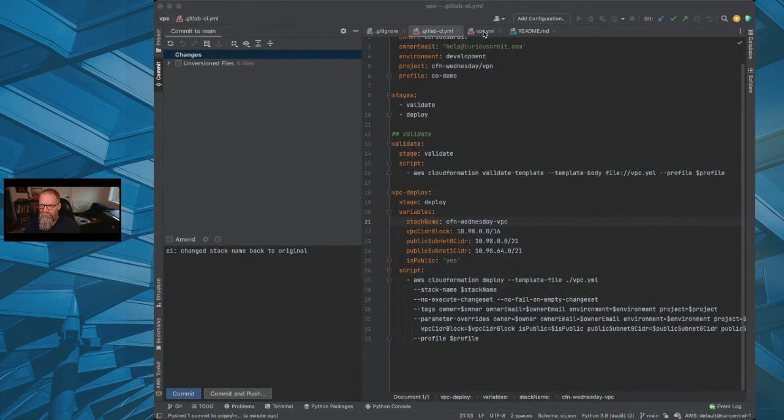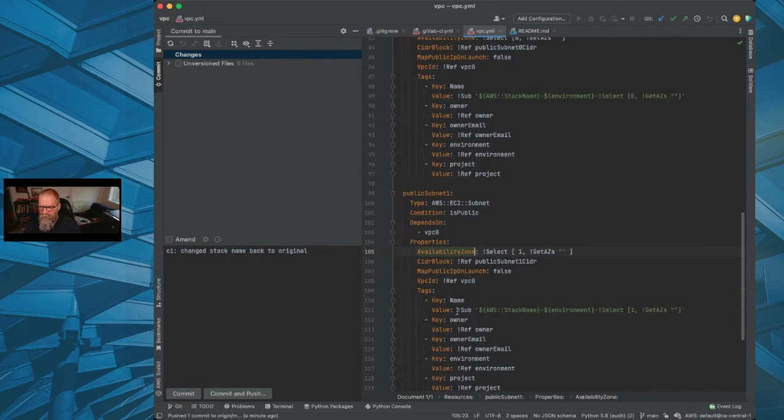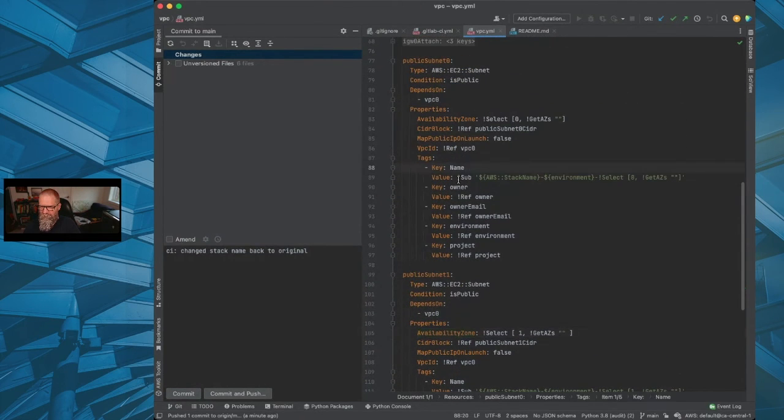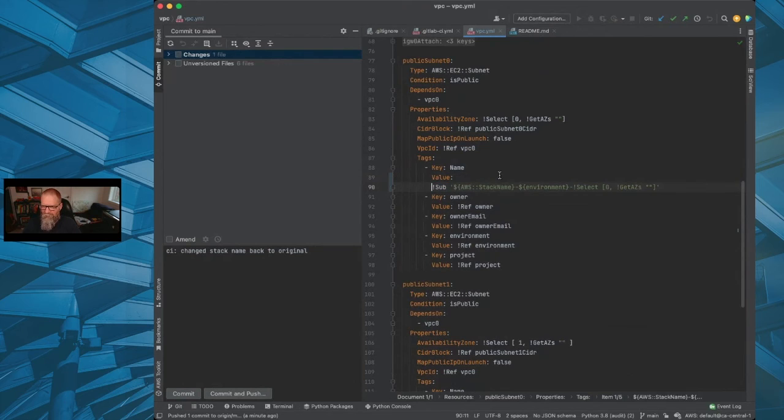So what we're going to do instead is change this in the subnet definitions. We'll just do that for now. And we're going to use a join statement instead. Okay, so the first thing is you need the delimiter for your join statement. And then we can go like this. We still want to pass that in. And then all we do is we just say